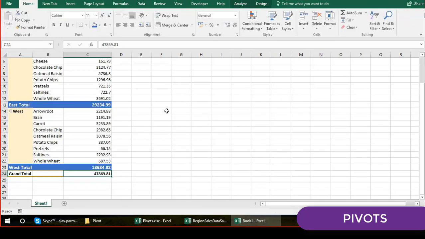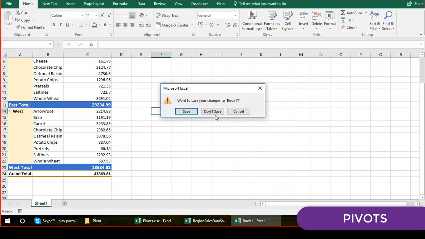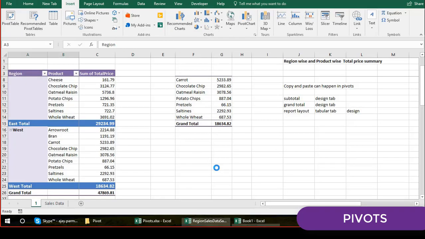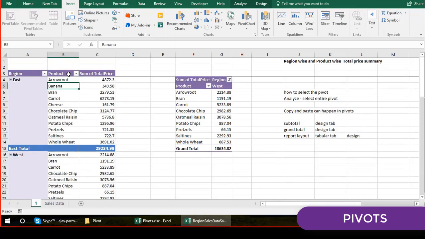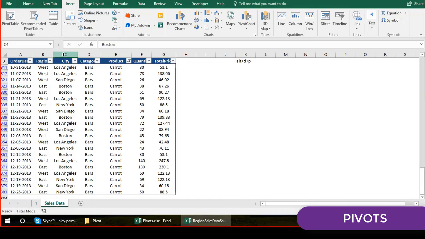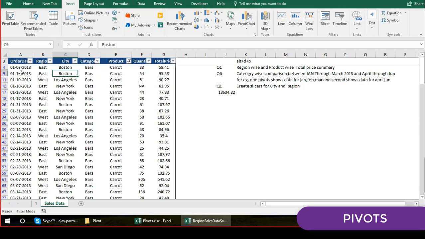What I'm trying to tell you is that the pivot holds this data, and that is why when you create a pivot again, your Excel intelligence, or you can say the pivot intelligence, is so strong that it is actually able to find out what's going to happen.